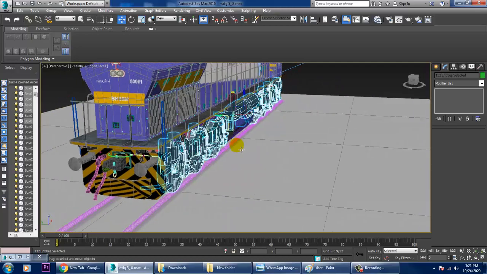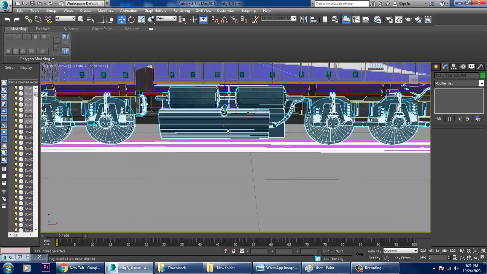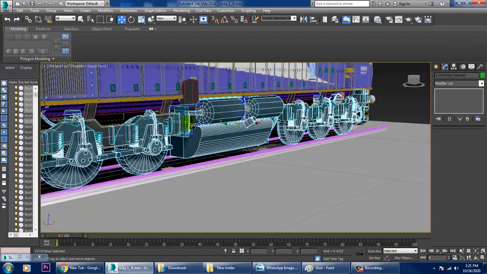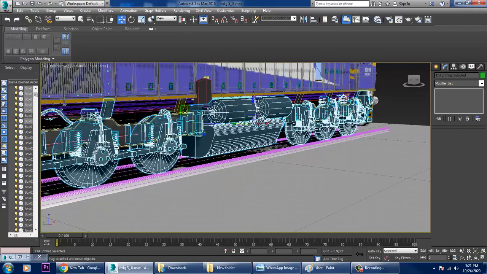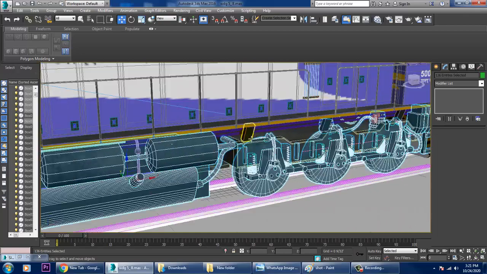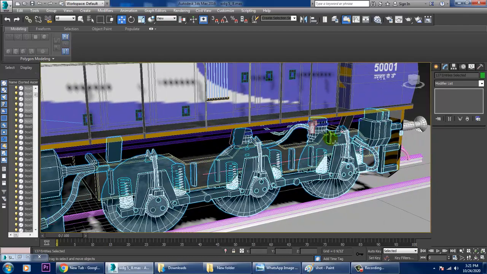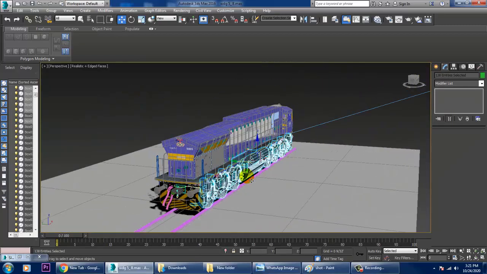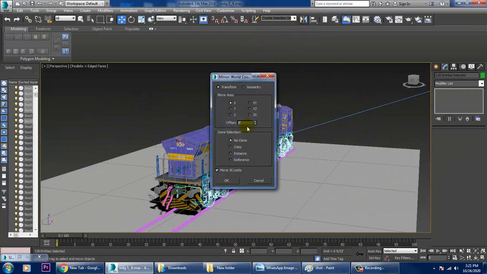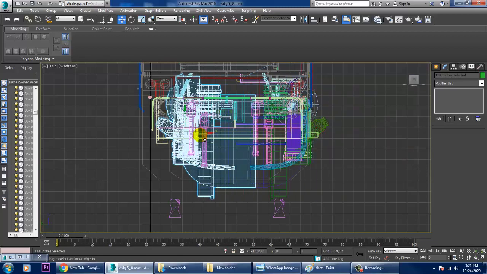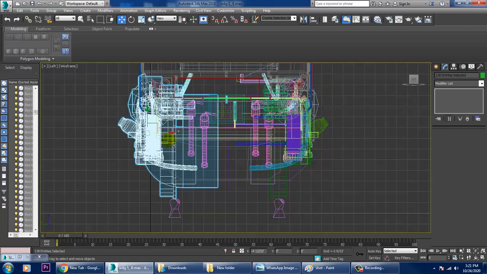Just select this part. Also we need to select this, which we have already selected. Few of the things are already selected, so we also need to select all this stuff over here which is left out. Let's mirror it, copy it in the y-axis, go into this view over here and place it in this way.